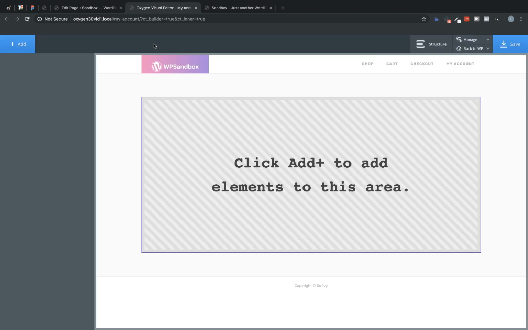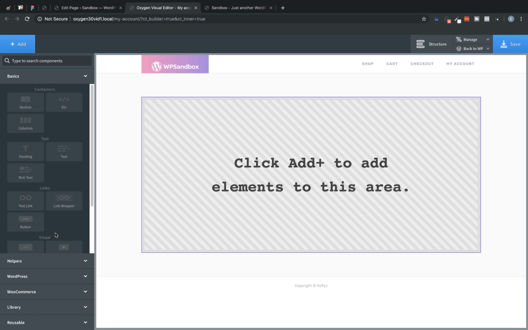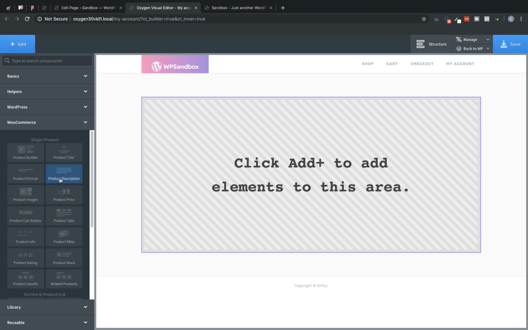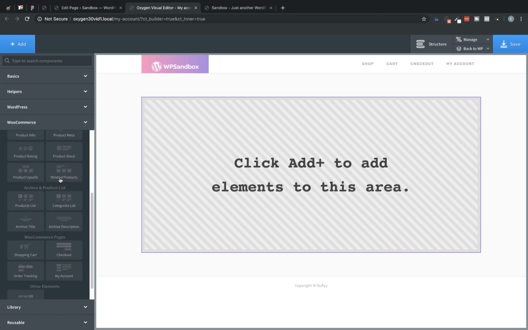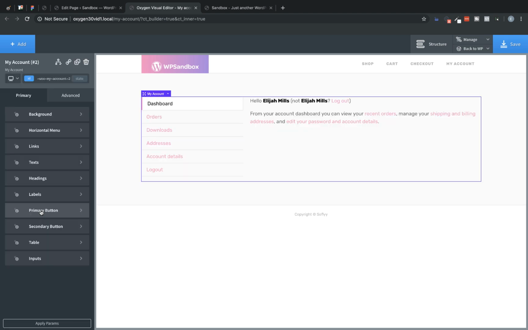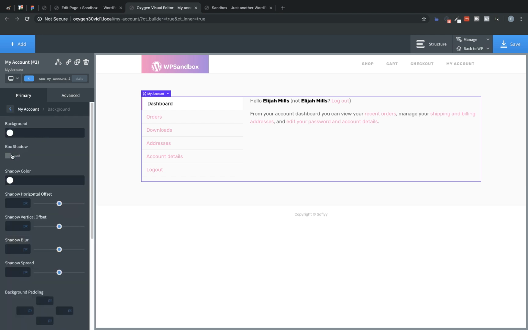All right, now that we're in here, you can see we don't have any elements on this page yet, but we're going to go ahead and replace the inner content area with a WooCommerce My Account element. So let's jump down and find that right there. And as you can see, it already looks a ton better than the default, but we'll go in and make